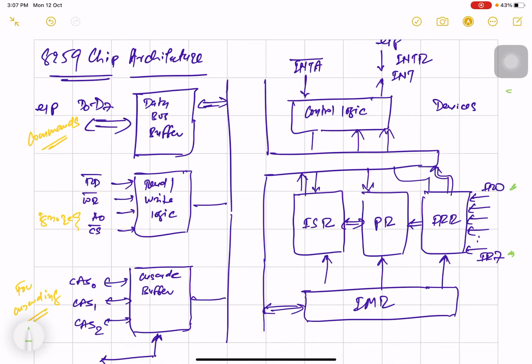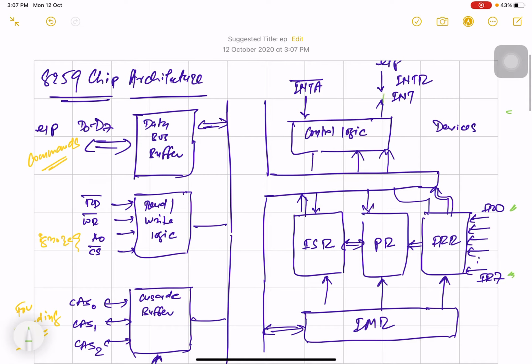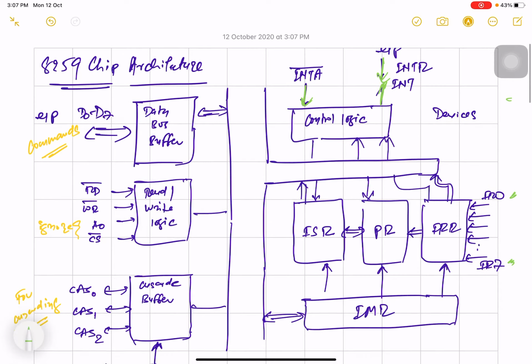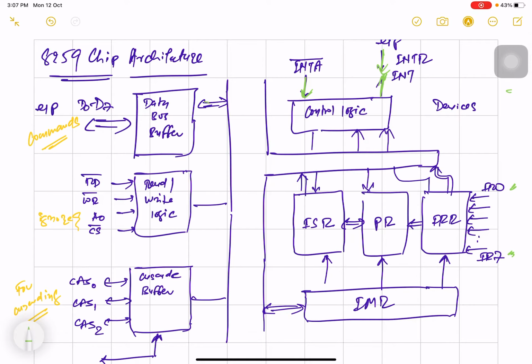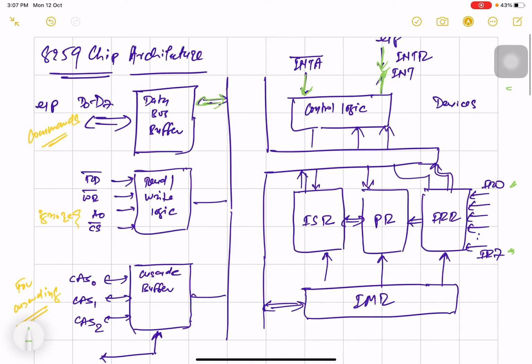Interrupt comes to this part, and using this INTA pin which is connected with INTA pin of 8086, your microprocessor will get to know that interrupt has occurred, right? It will send you the acknowledgement. Now based on this acknowledgement, after calculating the interrupt service routine address, the data bus is used and the data will be sent to your